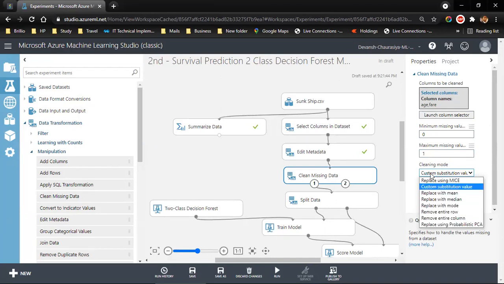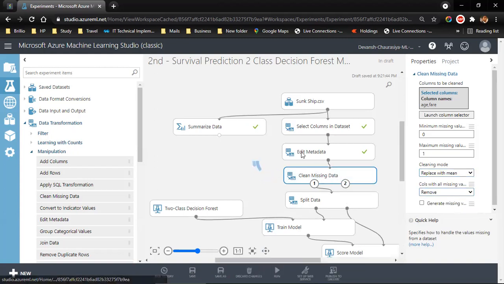One of the functions is LOCF, last observation carried forward. Here we have mean, median. If your data is normally distributed, you might want to go for mean. If you think your data is skewed, you want to go for median. If you think there's a specific population which is representing the data, you might want to go for mode. If there was absolutely no data, 100% missing, you might want to remove the entire column. In this case, I know my data is normally distributed. I will go for mean. Okay, let me check it and click run selected.